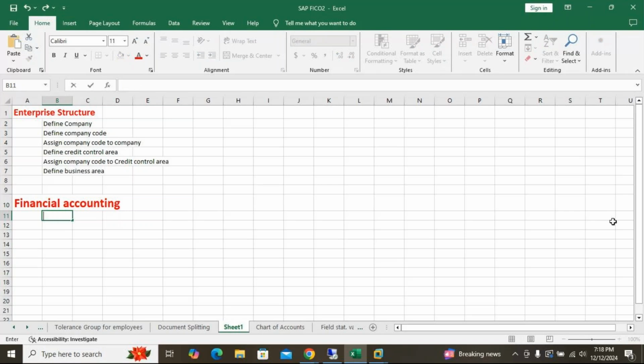So define fiscal year variant. You can make a note on this. Define fiscal year variant. Assign company code to fiscal year variant.